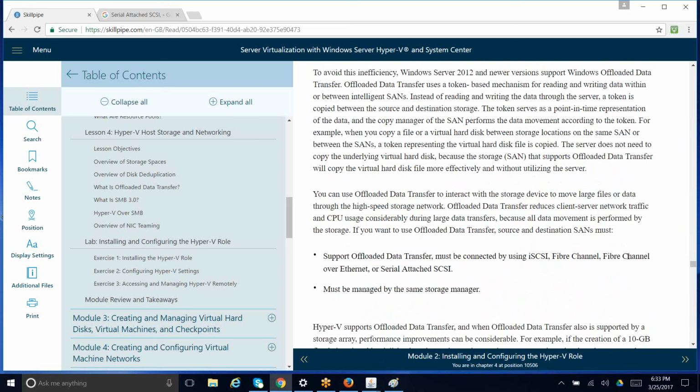You can use offloaded data transfer to interact with the storage device to move large files or data through a high-speed storage network. Offloaded data transfer reduces client-server network traffic and CPU usage considerably during large data transfers, because all the data movement is performed by the storage. If you want to use offloaded data transfer, source and destination SANs must